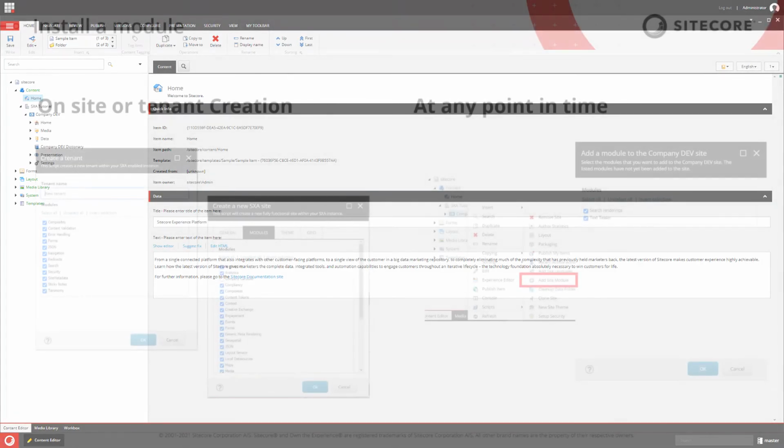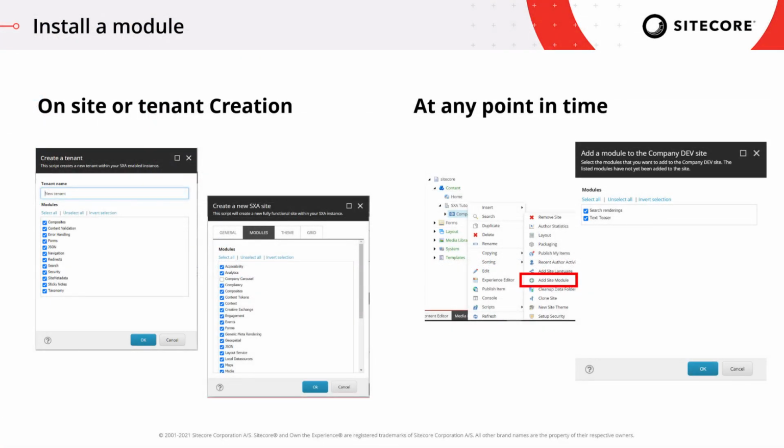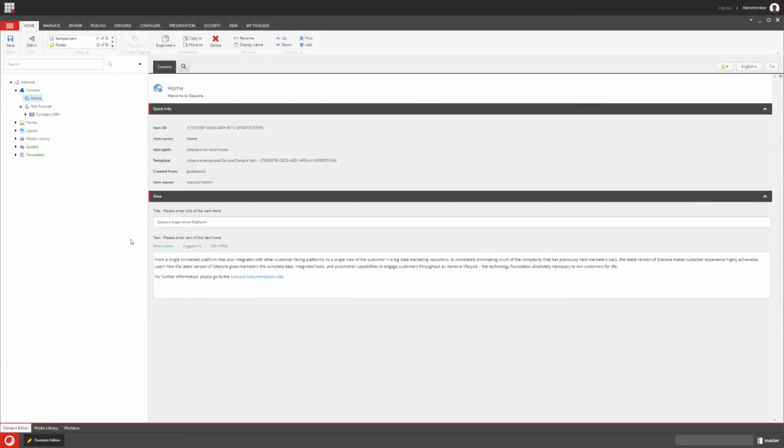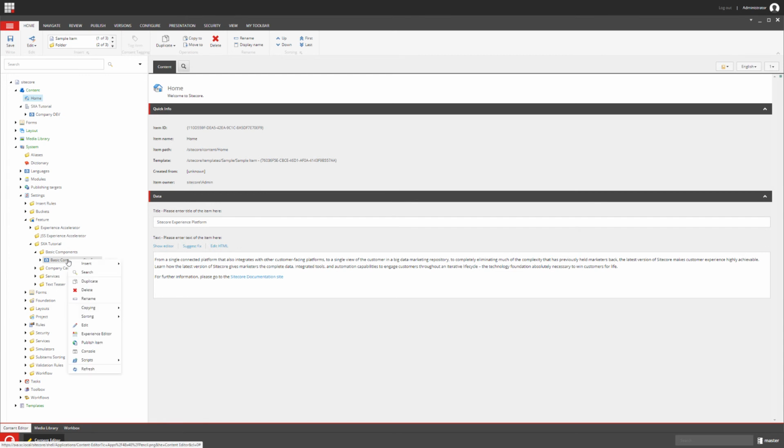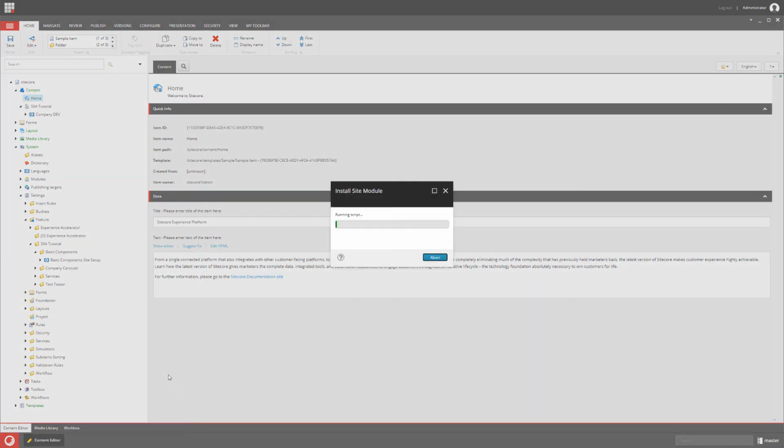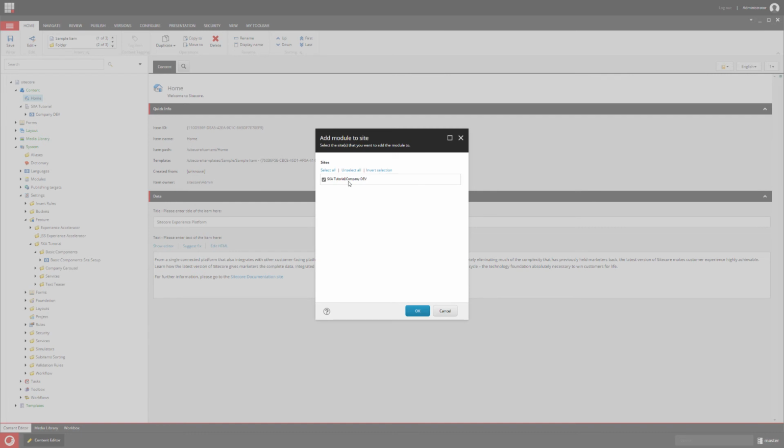This way you can deploy or activate and install new items, or new features, to your site. Now, the other way around would be that if you have deployed a new feature and you want to install that to several sites, you can also directly go to the module itself, and there's also a script available to install that module to certain sites, and you will see what sites haven't got this module yet. If this is a new module, then probably none of the sites have it, and you can choose which sites you want to install that new module to. So this way you can, with very few clicks, centrally deploy new features into many sites of your solution.